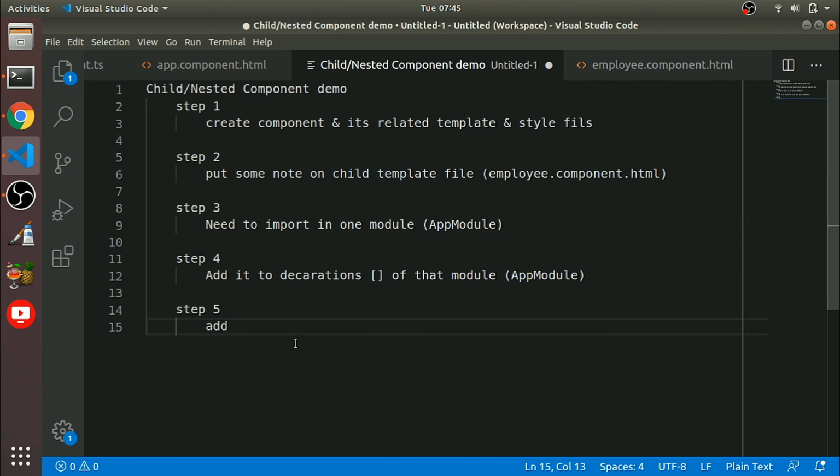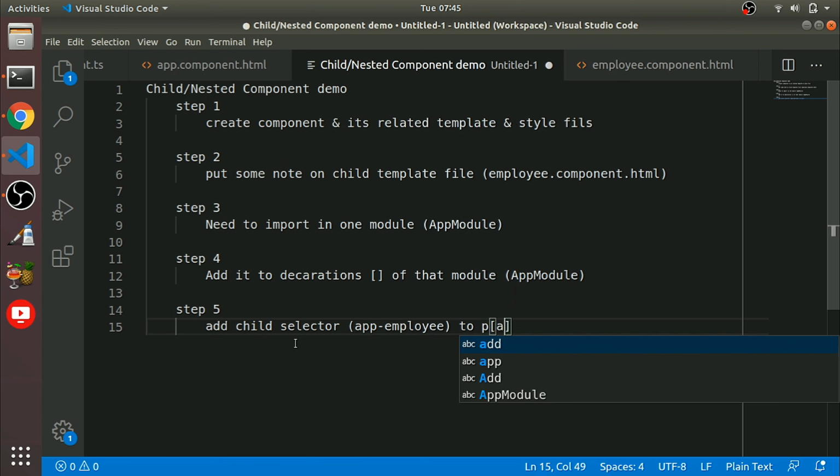Add selector, we can mention like this: child selector for better simplicity, better understanding. Child selector for us app employee. Okay, add to parent component.